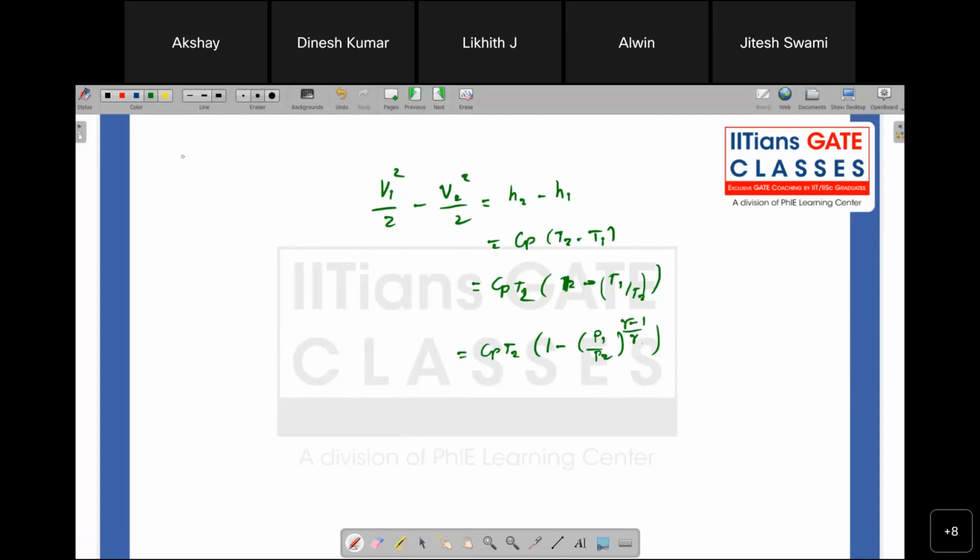Now also for an isentropic relation, I know PV to the power of gamma is equal to a constant. So P1 V1 to the power of gamma is equal to P2 V2 to the power of gamma, that is equal to a constant C,